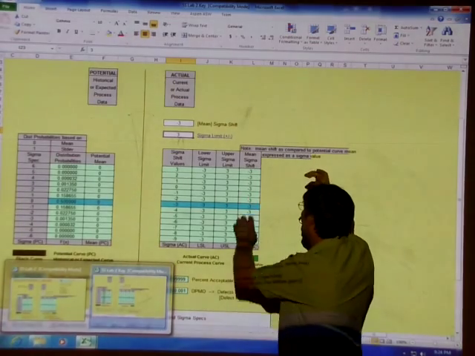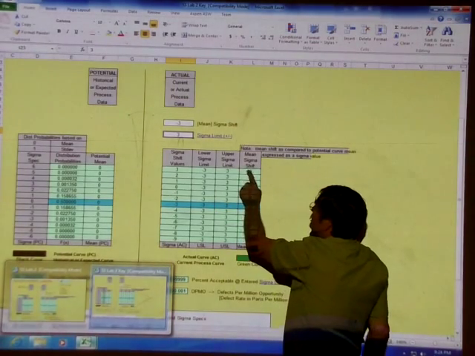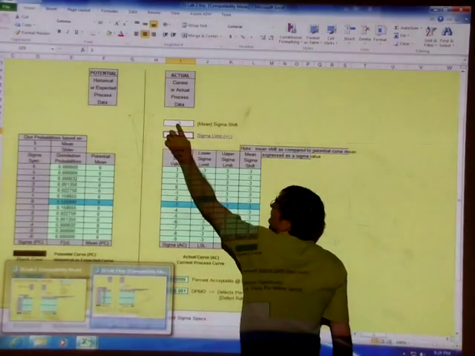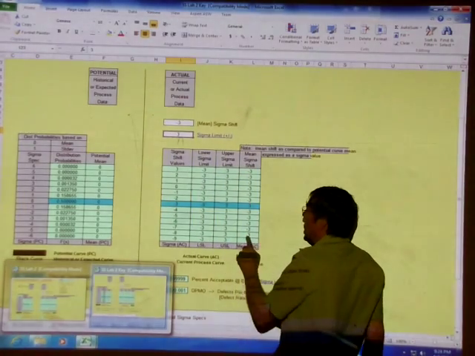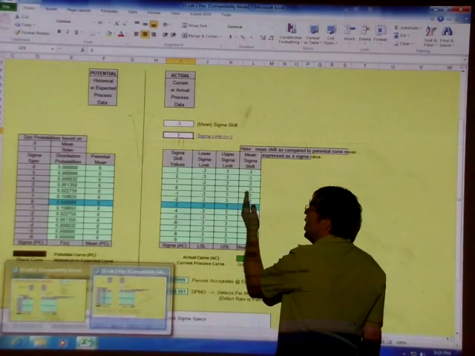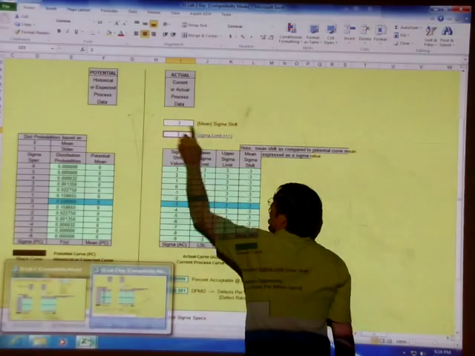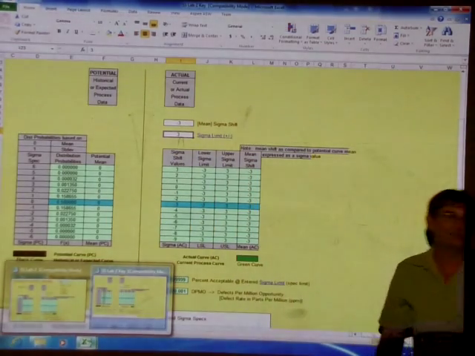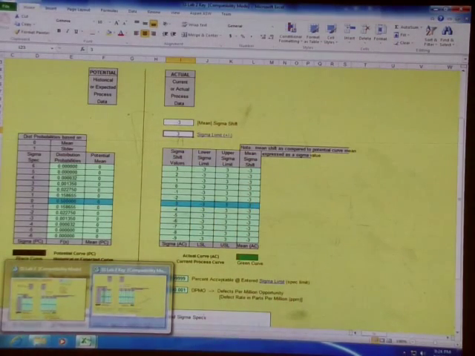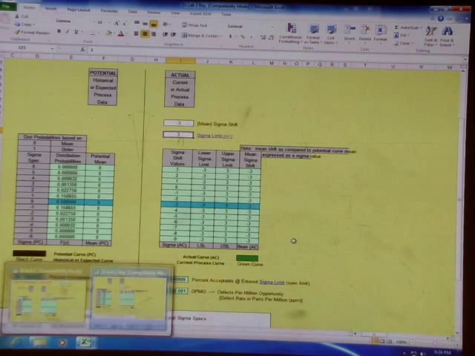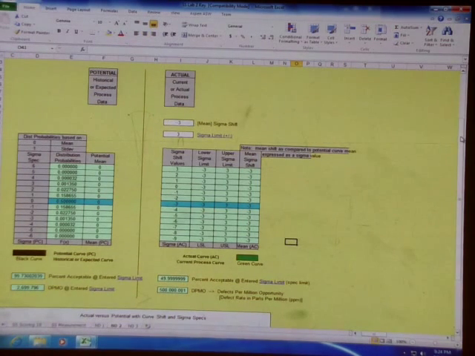Your sigma shift is, this value here is really that value up over here. It's showing how much I'm shifting. This one's shifting to the left. If this is a positive 3, then this will be a positive 3. Okay? All right. Now, ultimately, what you're going to build, and the other thing on here,